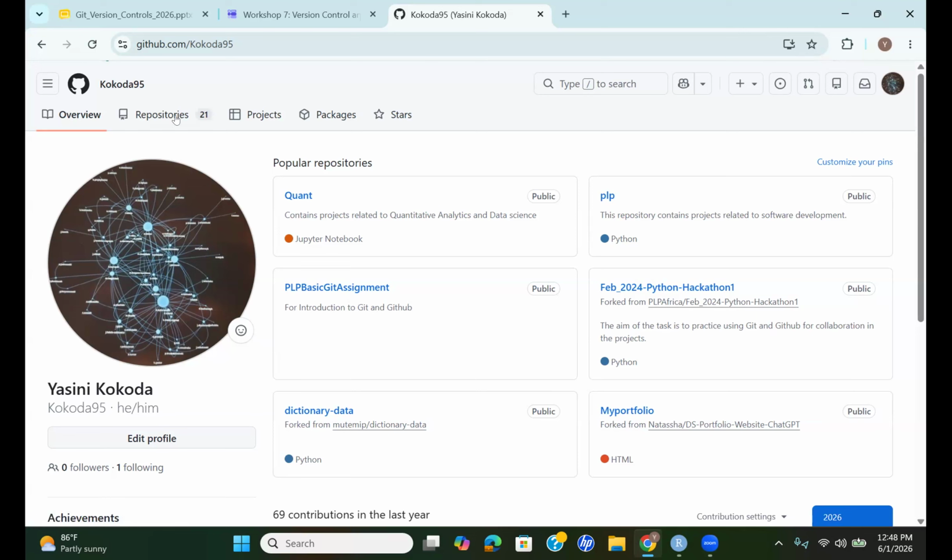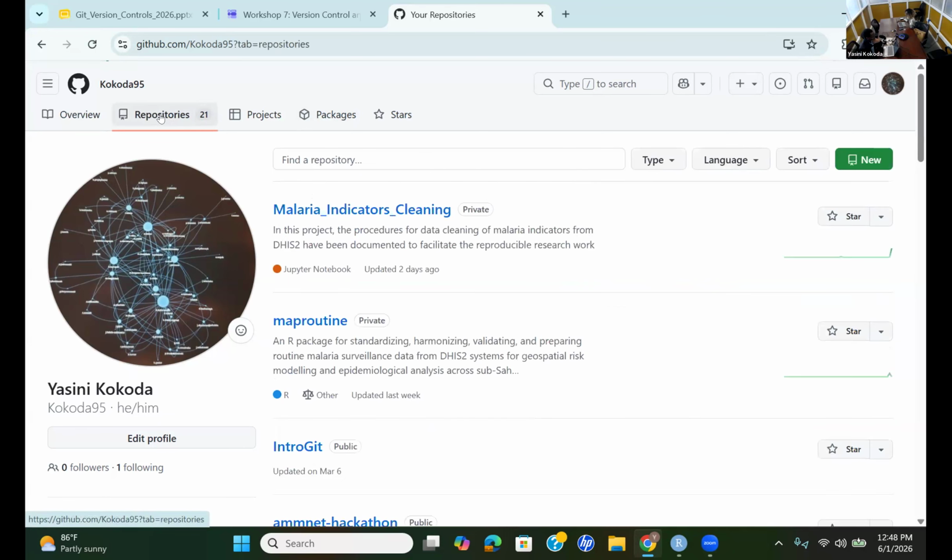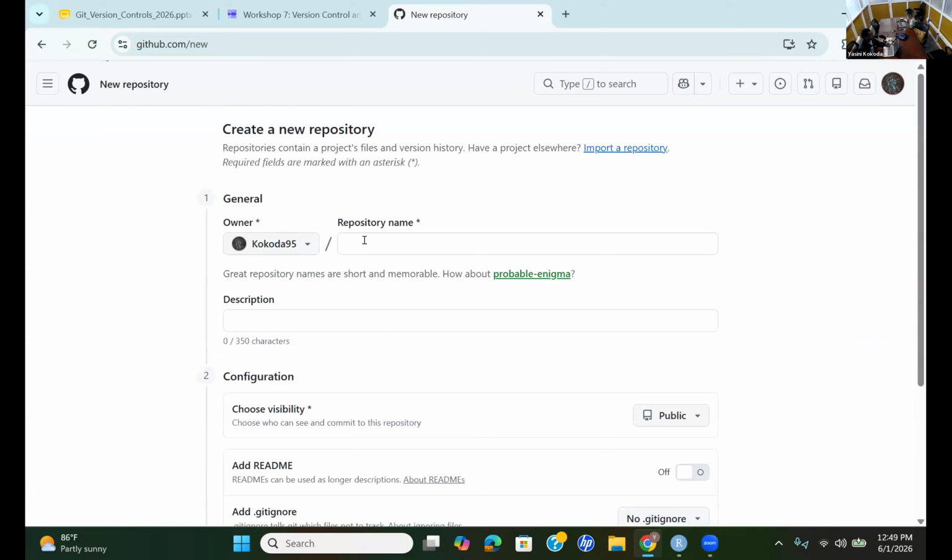Yeah, so once you open your account like this, you can come here to the repositories. The interface shows sections like overview, repositories, projects, packages. So click on repositories. It will show how many repositories you have. If you have none, it doesn't show anything, but there is a green icon here, New. Please, if you can see this icon, click it. If you click, it will show up